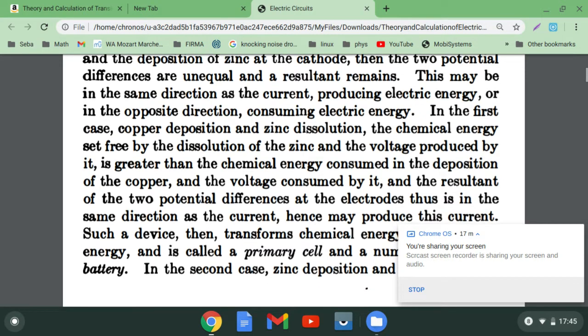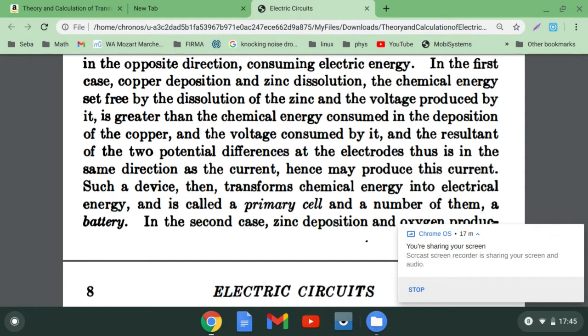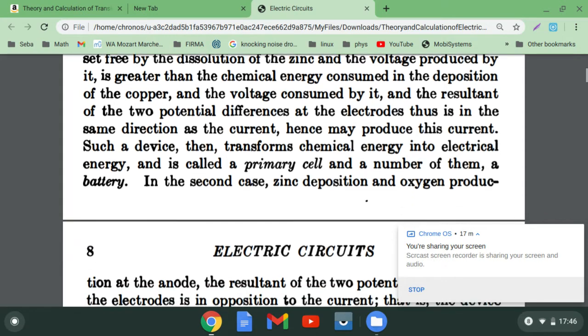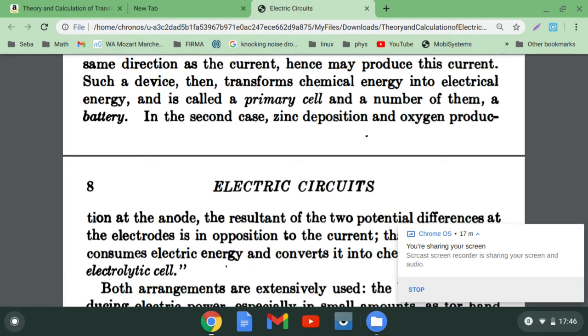In the first case, copper deposition and zinc dissolution, the chemical energy set free by the dissolution of the zinc and the voltage produced by it is greater than the chemical energy consumed in the deposition of copper and the voltage consumed by it, and the resultant of the two potential differences at the electrodes thus is in the same direction as the current, hence may produce this current. Such a device then transforms chemical energy into electrical energy and is called a primary cell,